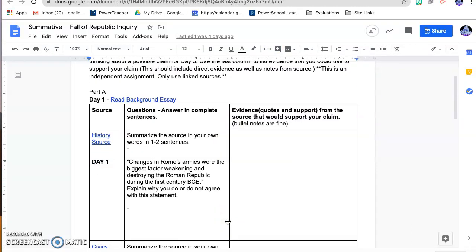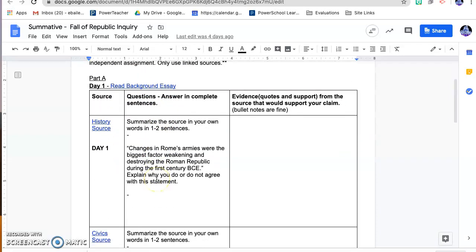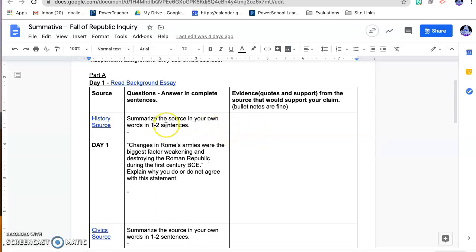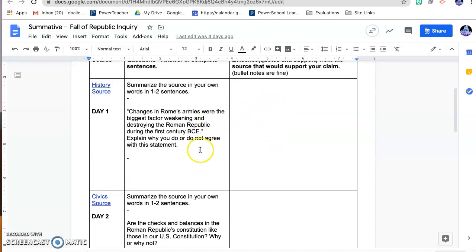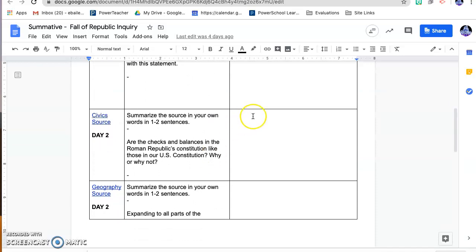And again, the comments that I made on day 1 and day 2 was that you were to answer the questions right here at the dash, like it says in the instructions, to answer these questions in the questions column. This column is for you to basically take notes from the source. Bullet notes are fine, and then also put quotations in there that you could possibly use in your CER paragraph today. So this is where the questions are answered. This is where the notes, direct evidence, and then evidence in your own words is listed. If you do not have your chart completed this way, you will not get credit for it. So make sure that you fix your chart.